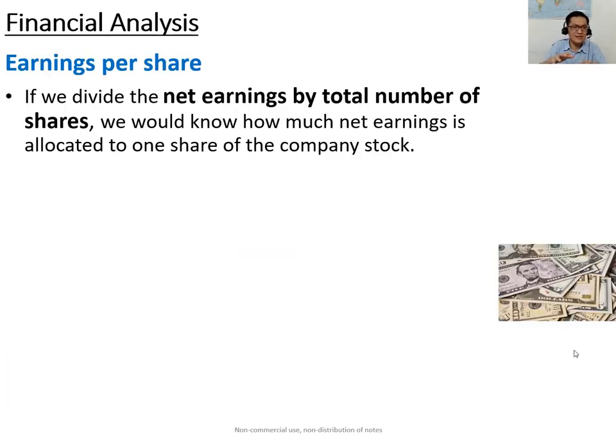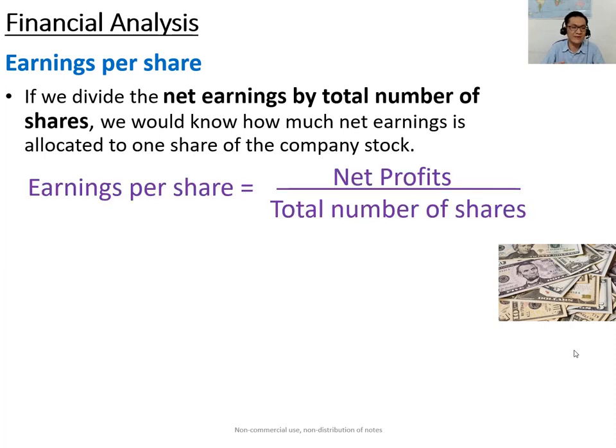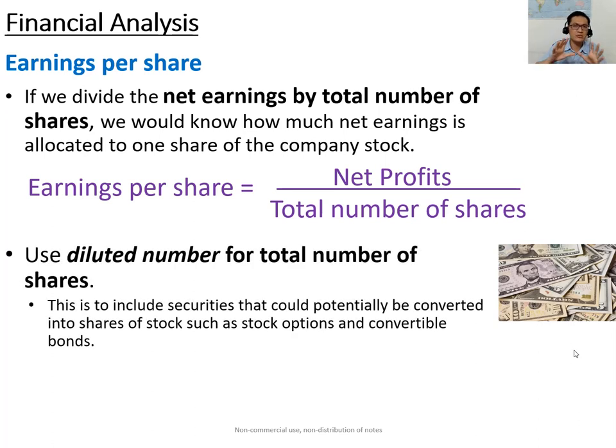If we divide this net profits or the net earnings of the company by the total number of shares, we know how much net earnings is allocated to one share of the company's stocks. It's given by this equation: earnings per share equals net profits over total numbers of shares. For total numbers of shares, we usually use diluted numbers because we like to include those securities that could